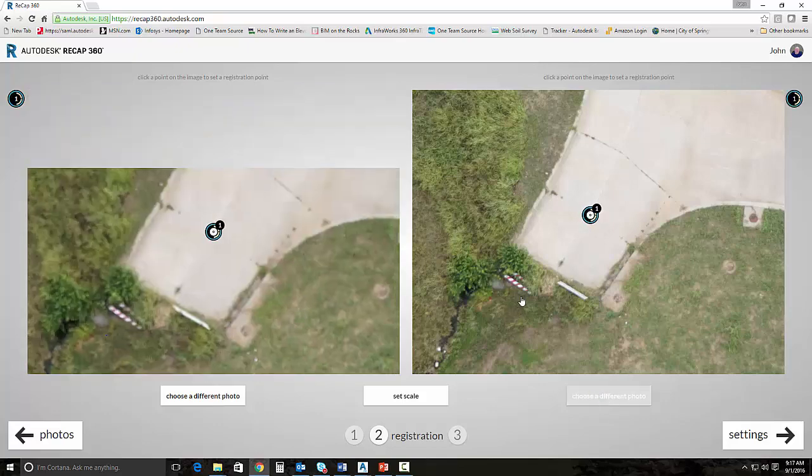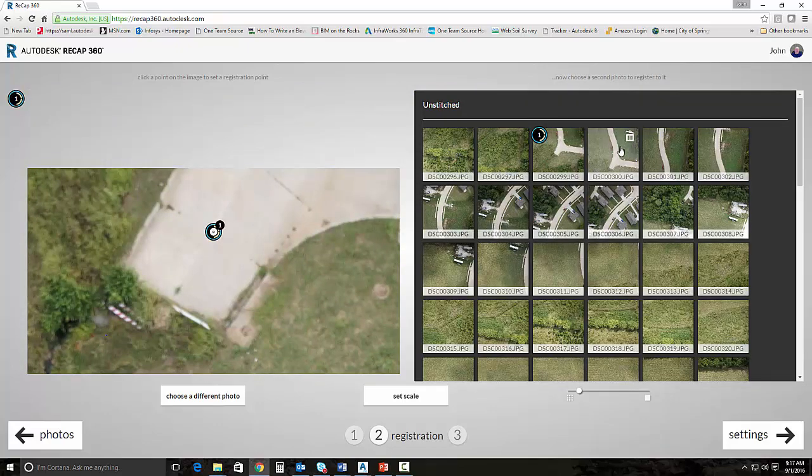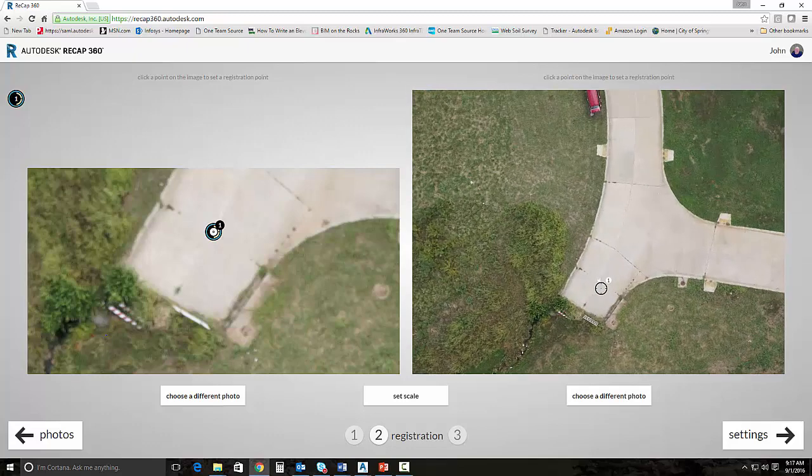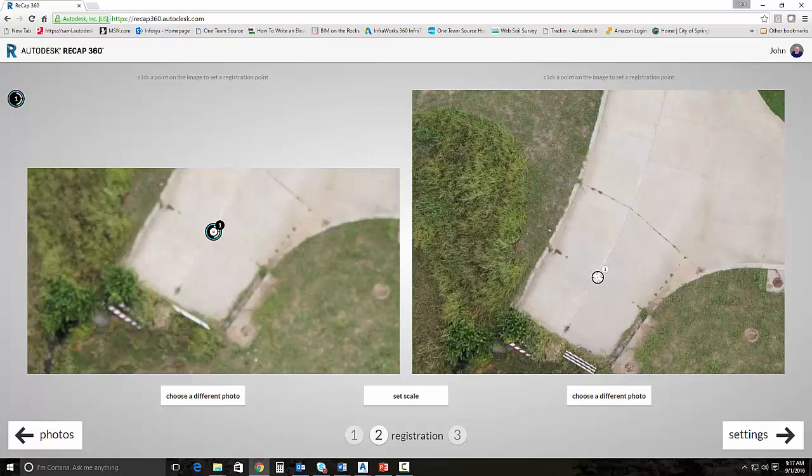I'll choose a different photo. I'll select another photo that has the X in my target. And as long as we have at least 3 photos that we're adding control to, and we're in the green here in our little circle, then we should be good to go. Ultimately, we would like to have 4 images that we set the control to at each point, but 3 will work in this particular instance. After we've set our control and we've told it that these 3 images need to be stitched together according to these points,